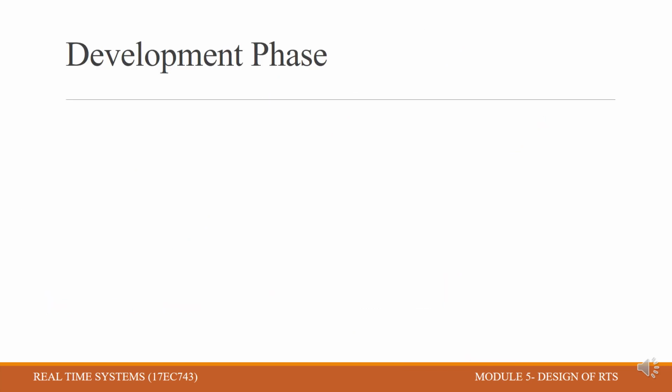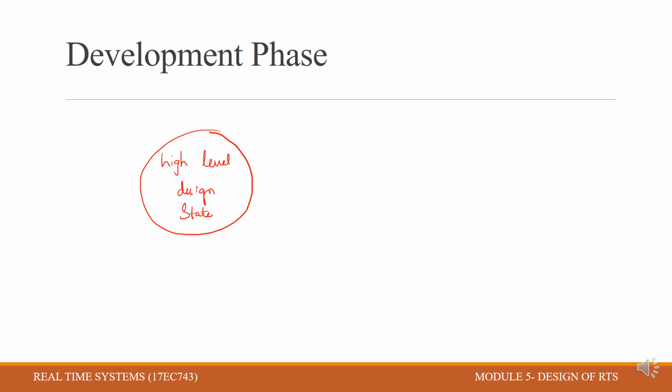We understood that the planning phase outcome is just a document. How do we get the design of the real-time system into a validated system? That phase we call the implementation phase or development phase. Generally, in the development phase, initially there is a state which we call the high level design state, where all the unwanted modules are also included. I told you that we need to make detailed decisions, so we have to arrive at detailed designs.